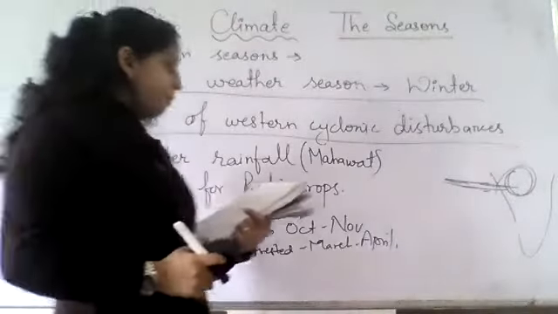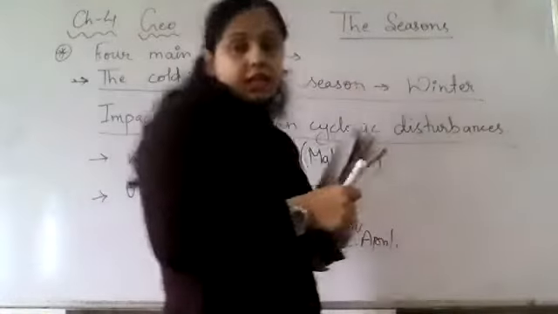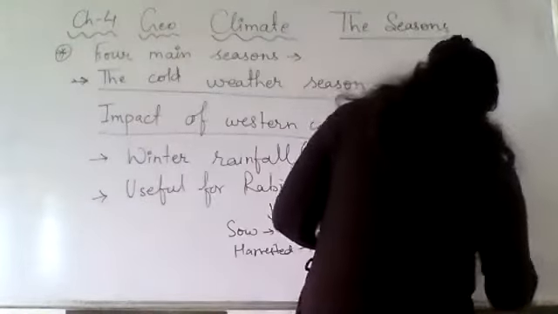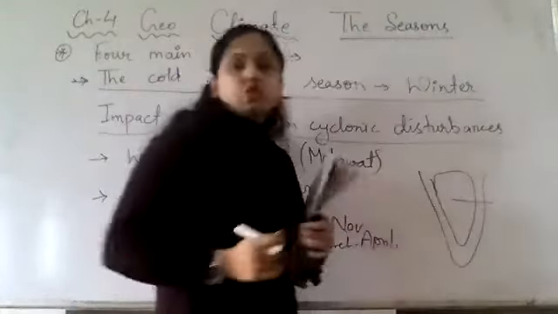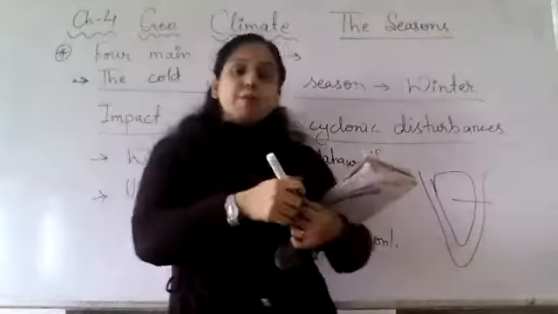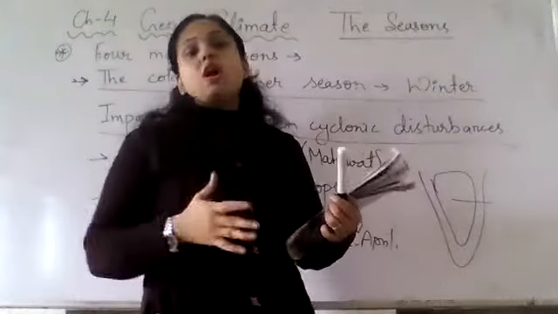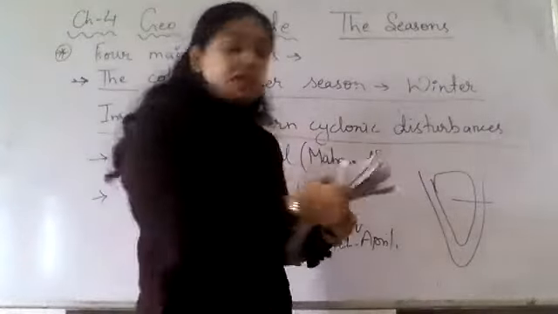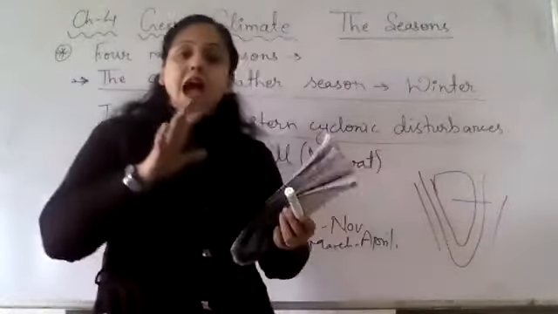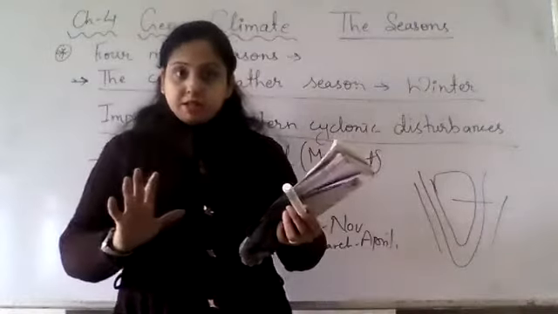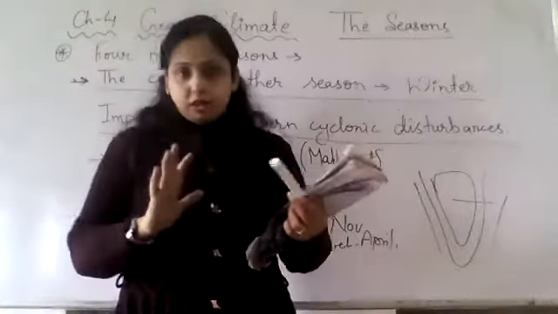Now what is the impact on the peninsular region of this winter? So the peninsular region, if you say this is the peninsular region. So what happens in the peninsular region? As you know, our peninsular region is below the Tropic of Cancer. So this area is near to the sea. So this peninsular region has a moderate kind of climate, weather in winter also. It does not see extreme cold.